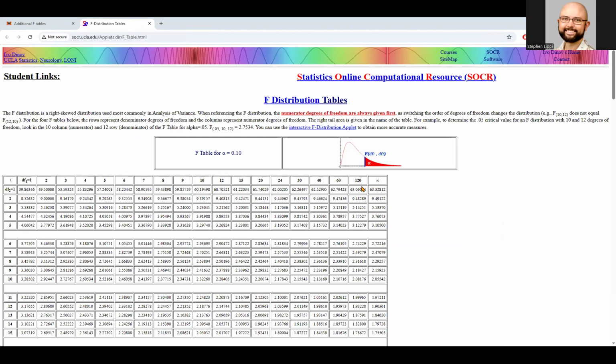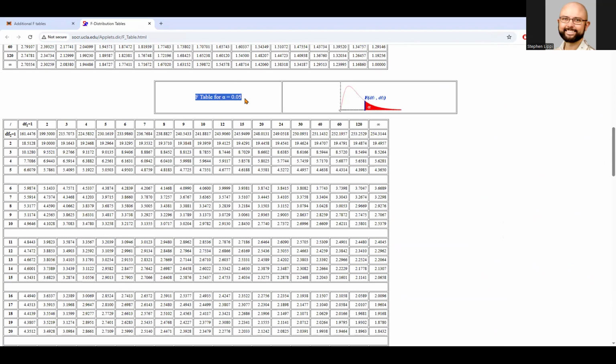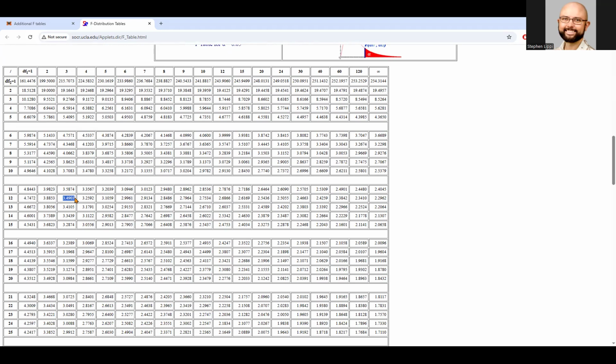So this F distribution table is going to be broken down by the alpha that you are investigating. For instance, if you scroll down here, this is the F table for an alpha of 0.05. So if this is the value that I'm asking you to test your hypotheses for, then DF1 in this table is going to be your numerator degrees of freedom. That will be the column that you use. DF2 represents the degrees of freedom for your within subjects, meaning your error or residuals, and you're going to see where those values intersect. So for instance, 3 down to 12, we have a value of